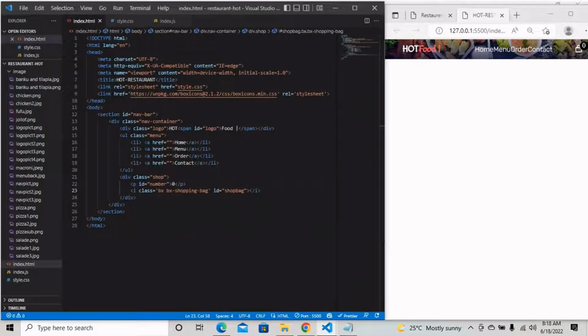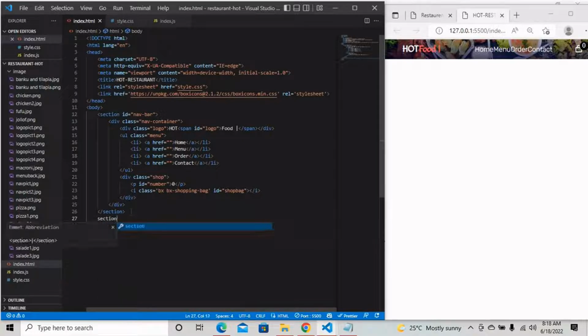So that is what we are going to do. Actually, we are now going to set our home. So let's come back to our index HTML quickly, and we are going to set our home section. So we use section, we use ID home, and inside our ID home, you will do ID home container. So we set a div